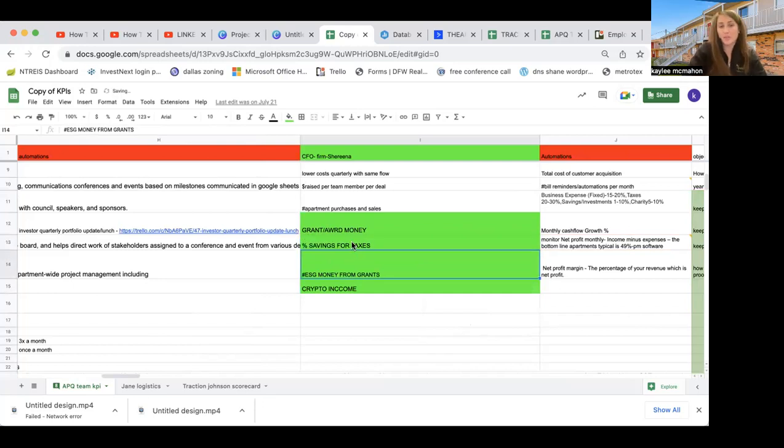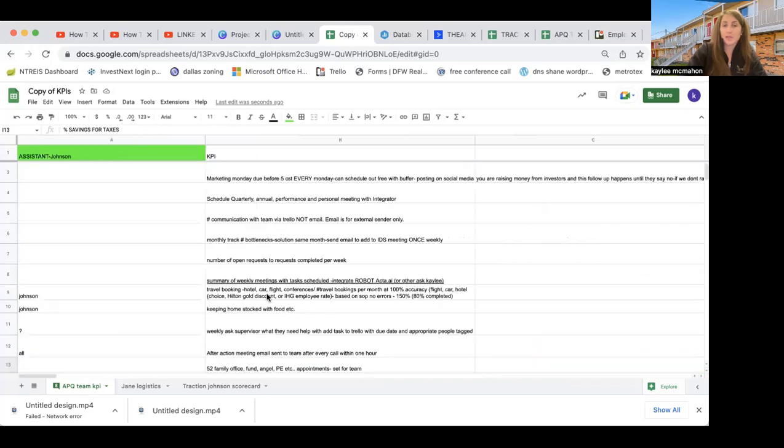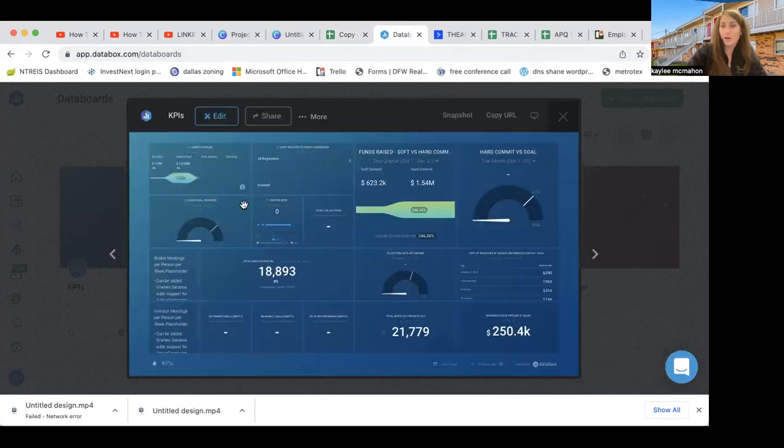So her job was to save for taxes every year. That's success. But the higher the percentage year over year was basically bonusable for her. And then also it was a measure of the amount of success she had. So basically these KPIs are also being tracked in a couple places, and again reported over here on the KPI